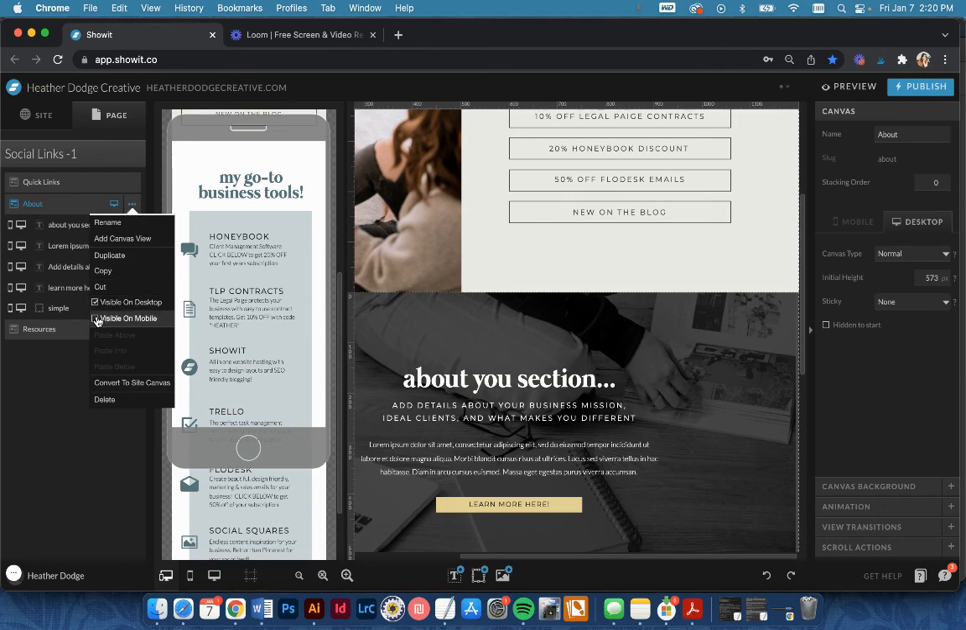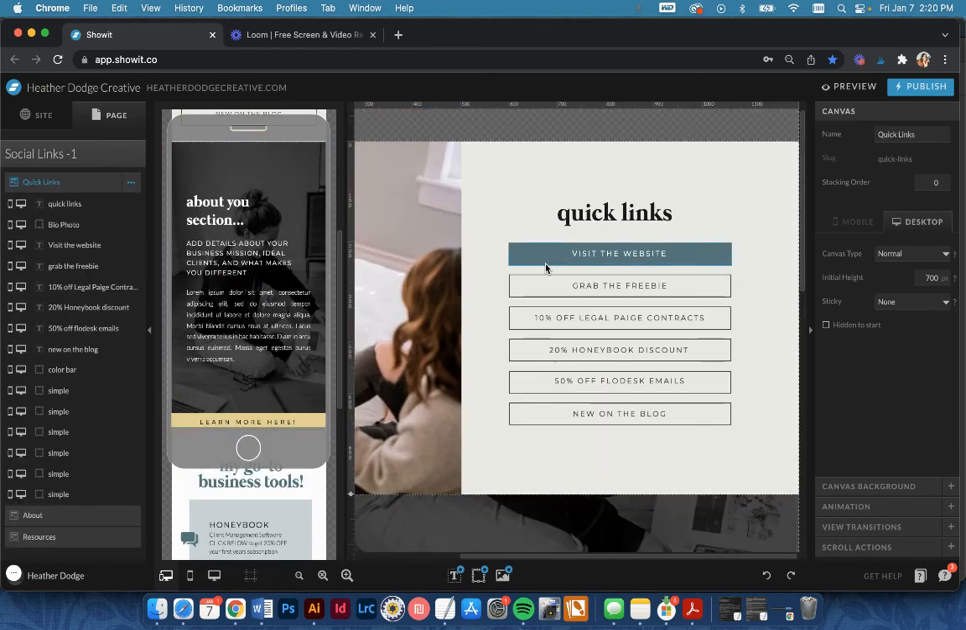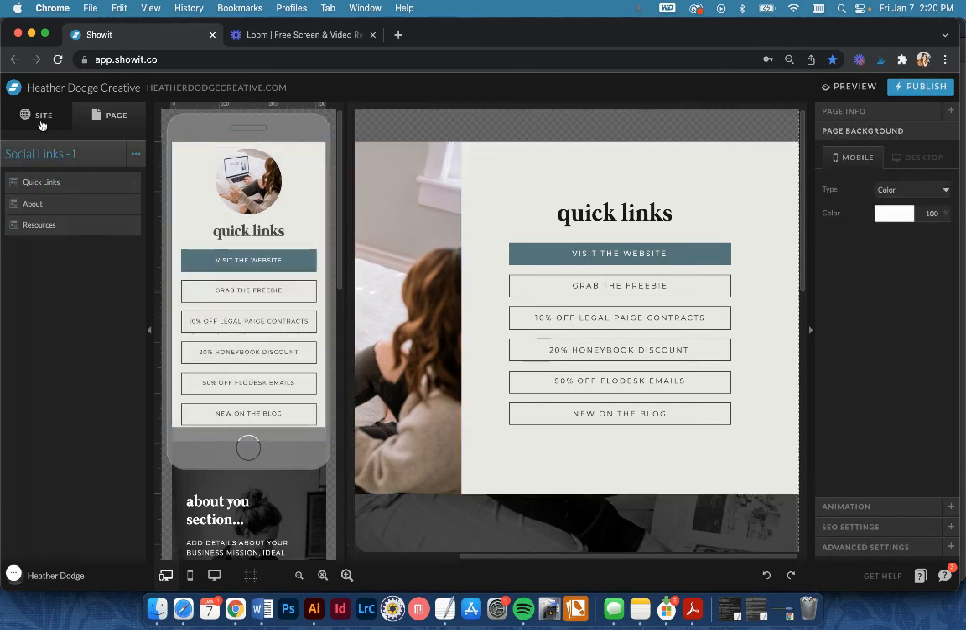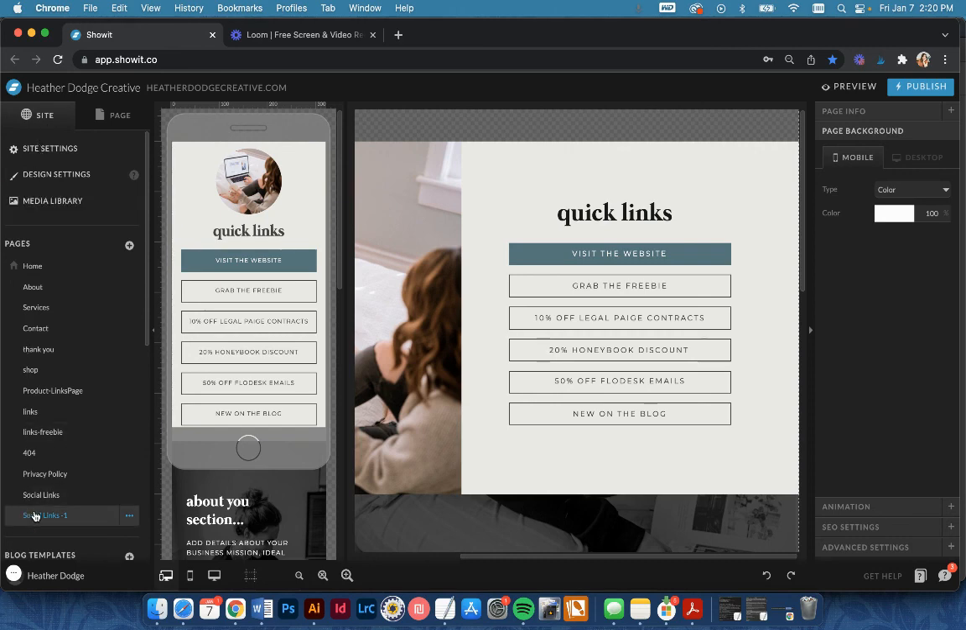So that's just a few quick notes about operating the template. Of course, when you're done and excited to share with everyone, make sure you hit the publish button. The template will now be located at your website's name and then whatever the page is called. So for this, it would be Heather Dodge